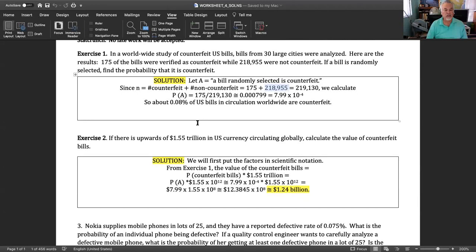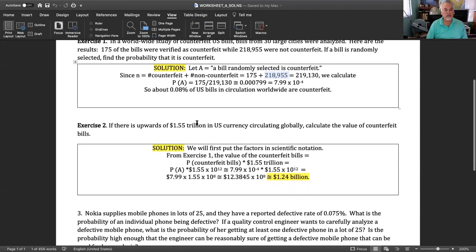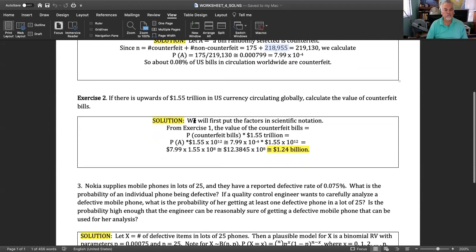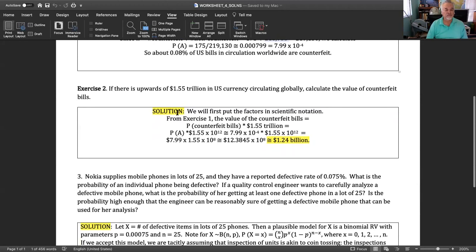than, certainly less than 1%. So it's quite small. All right. And now in the next exercise, if we assume that